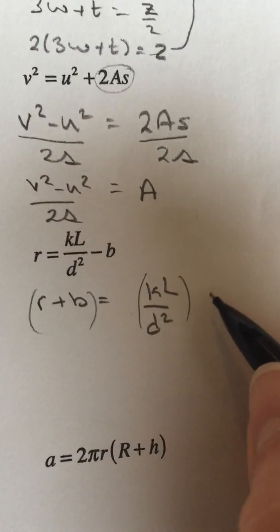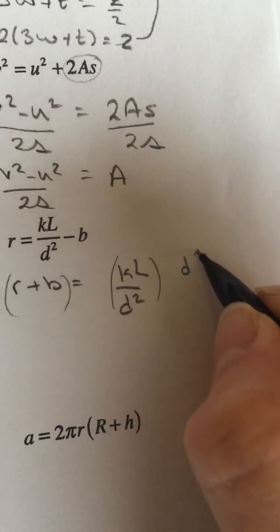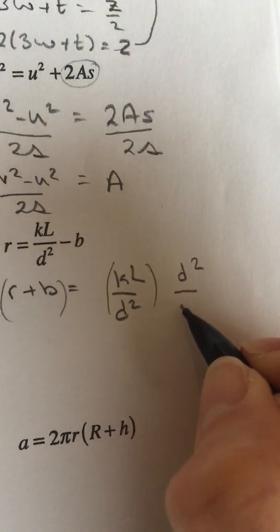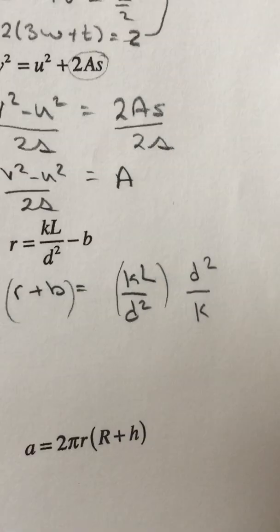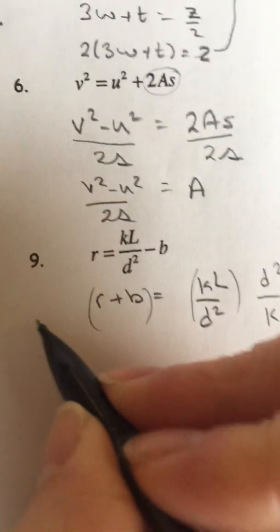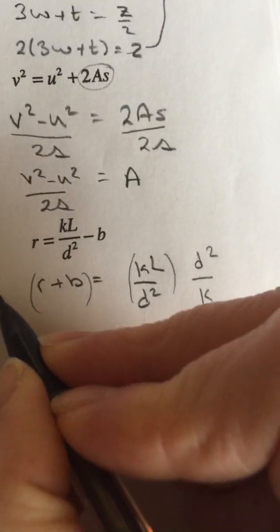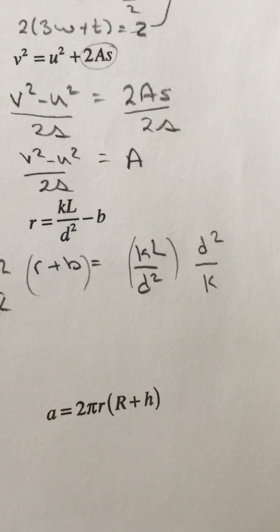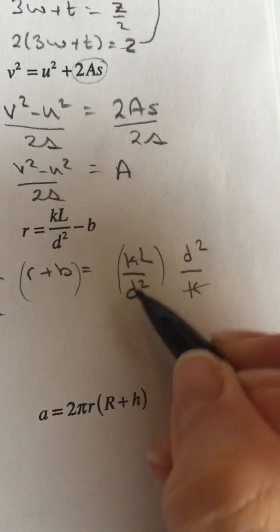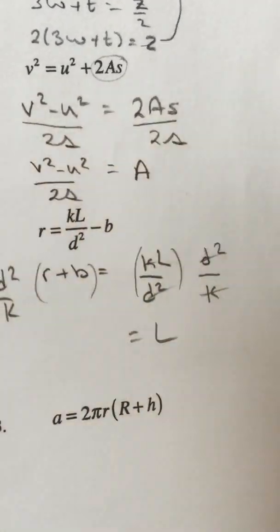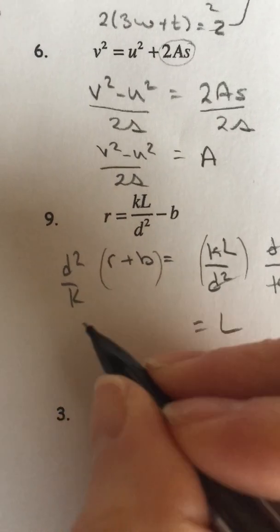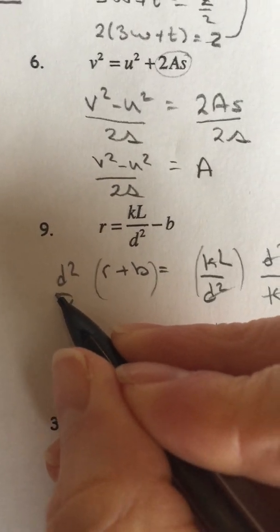Instead, just multiply by the reciprocal. You want to get rid of the D squared by multiplying, and you want to get rid of the K by dividing. So just do both at the same time. Okay, so then you're going to see here the K's will cancel, the D squareds will cancel, and you'll be left with L. And on this side, you can either extend that